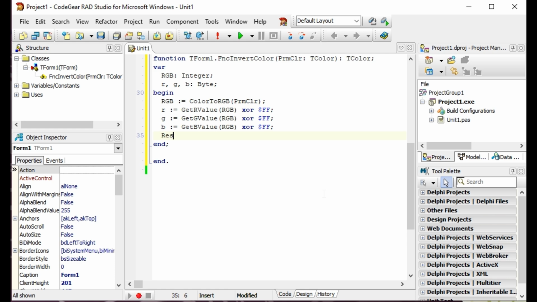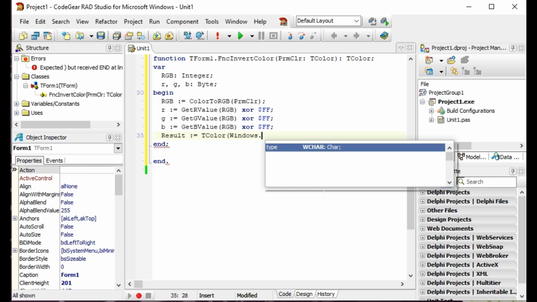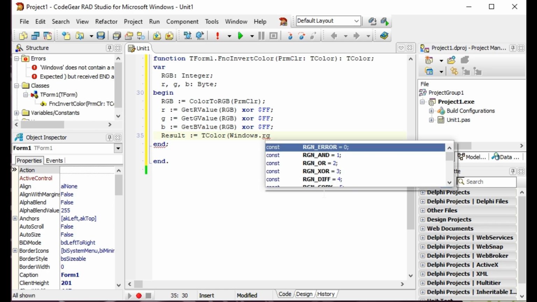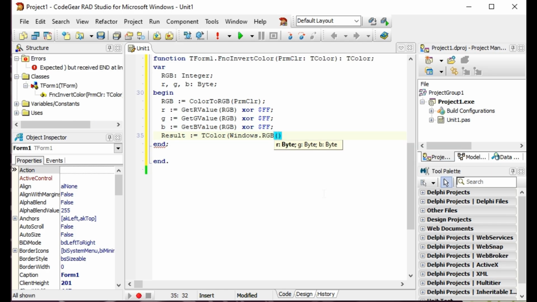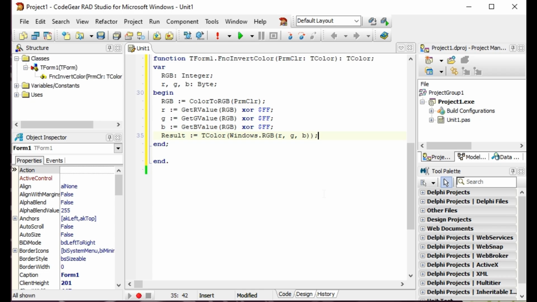Then the result will be composing these components. Okay, the function is ready.